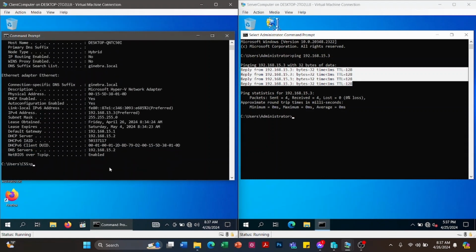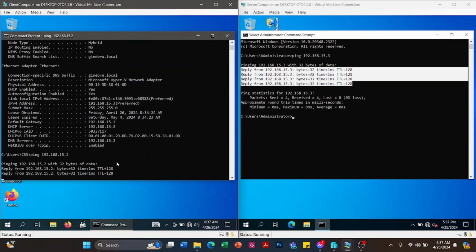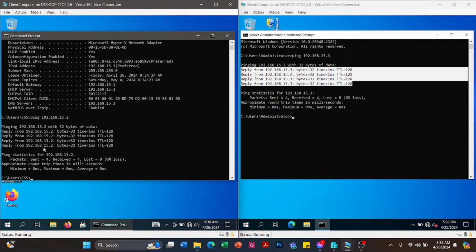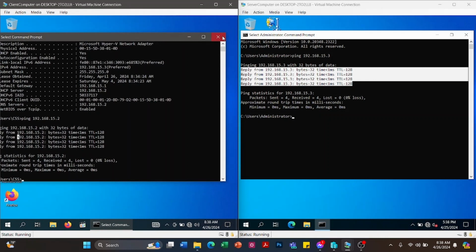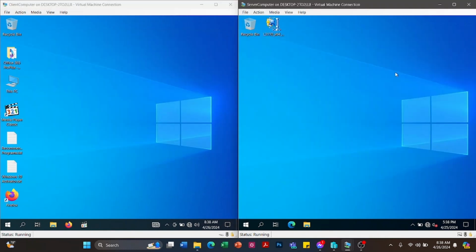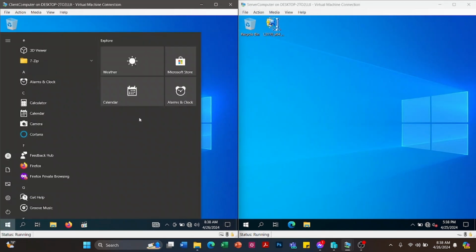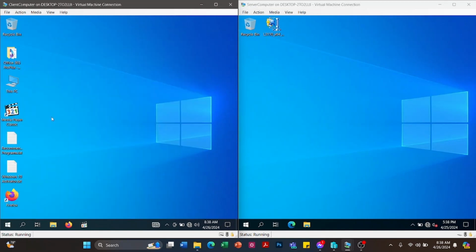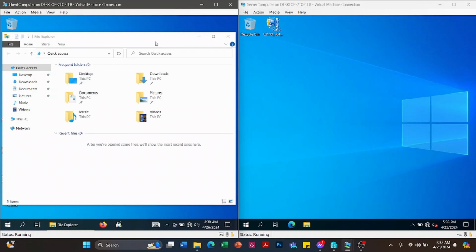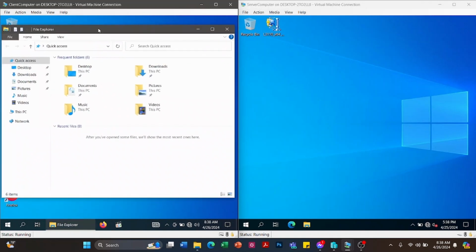So let's also ping the IP address of the server computer from the client computer. So ping 192.168.15.2. Okay, so the IP address of the server computer is also replying. So let's close the command prompt. Okay, so if both are replying, we can now connect the client computer to the domain